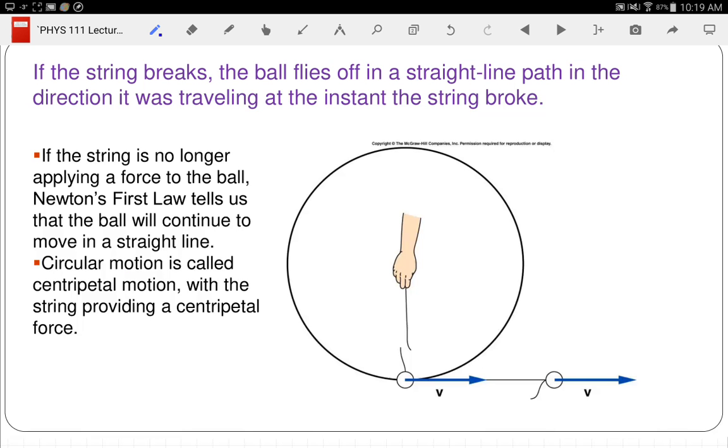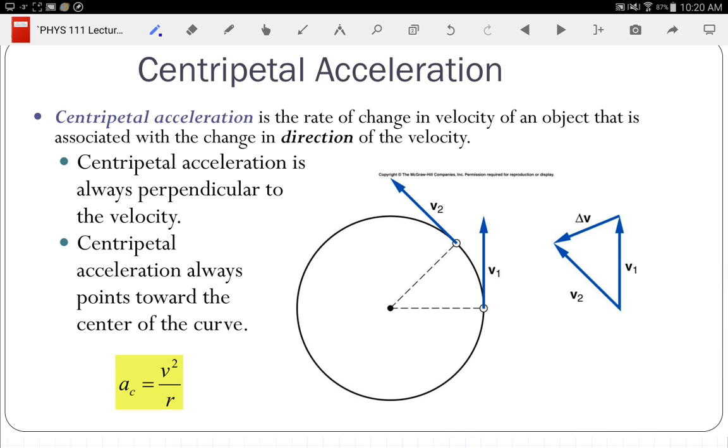Okay, so we've gone through this whole process of thinking how it works. So, in the end, using some either complicated math or some not as complicated calculus, we can determine that the acceleration of this ball when it's going around in a circle has to be equal to the speed squared divided by the radius. So if I bring it in tighter and I go the same speed, because it has a smaller